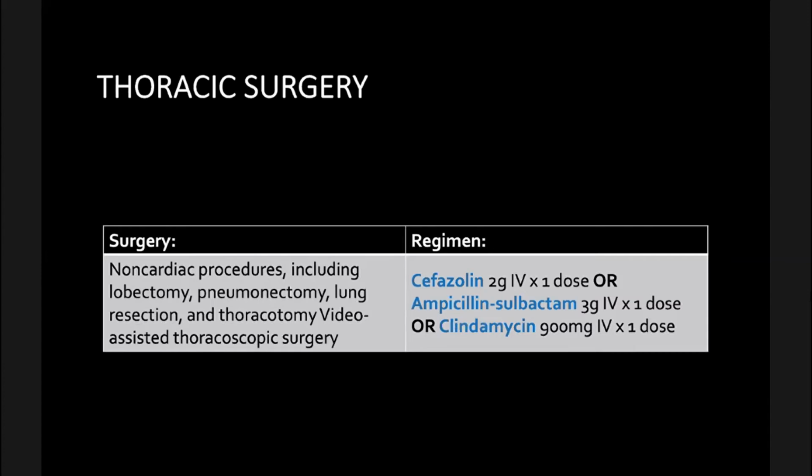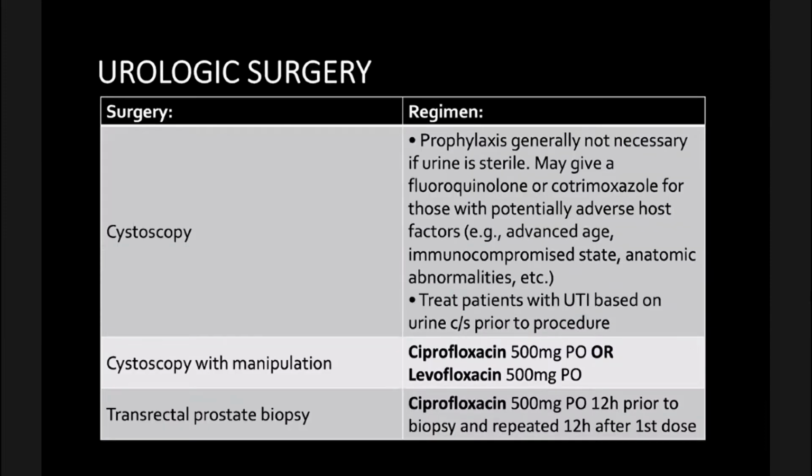For thoracic surgery, non-cardiac procedures, if you have the surgery for the lungs, like your VATS, thoracoscopy rather, including lobectomy, pneumonectomy, lung resection, thoracotomy, video assisted thoracoscopic surgery, that's your VATS. You can use cefazolin, ampicillin sulbactam with clindamycin. And for urologic procedures, if you do cystoscopy,